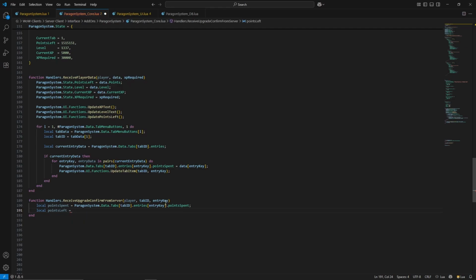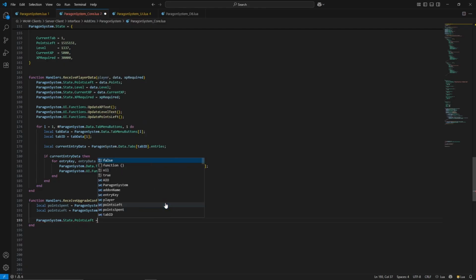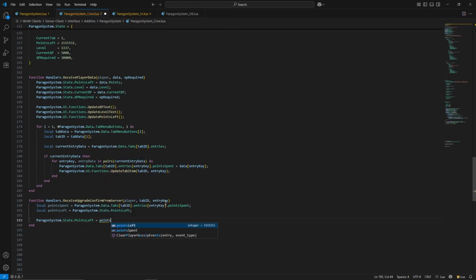equals Paragon System dot data, not data, sorry, dot state dot points left. And then what we do, we want to remove a point, so Paragon System dot state dot points left equals itself, so points left -1, so we remove a point. This is the UI part of it, we remove the point,